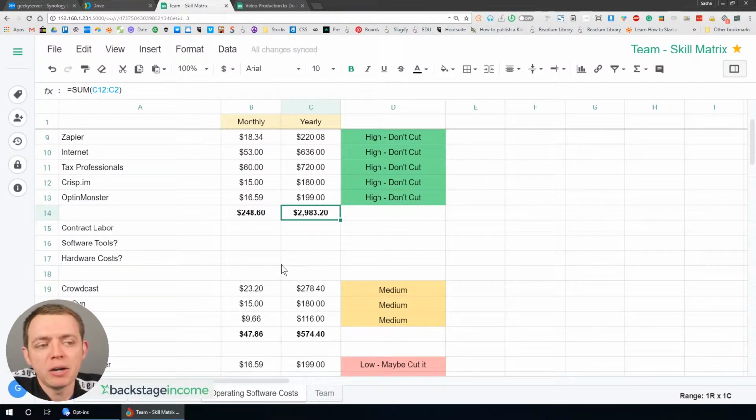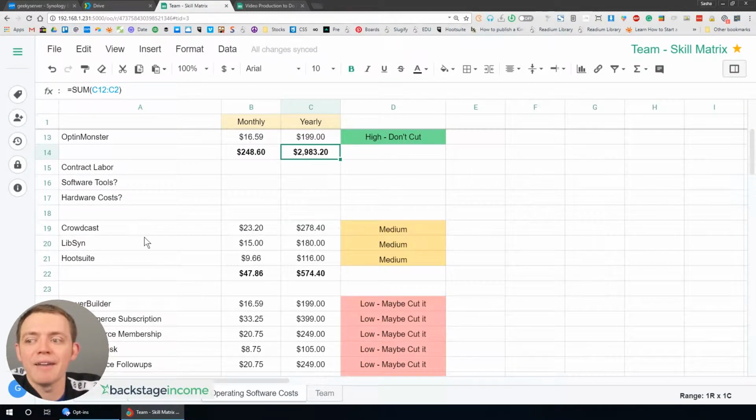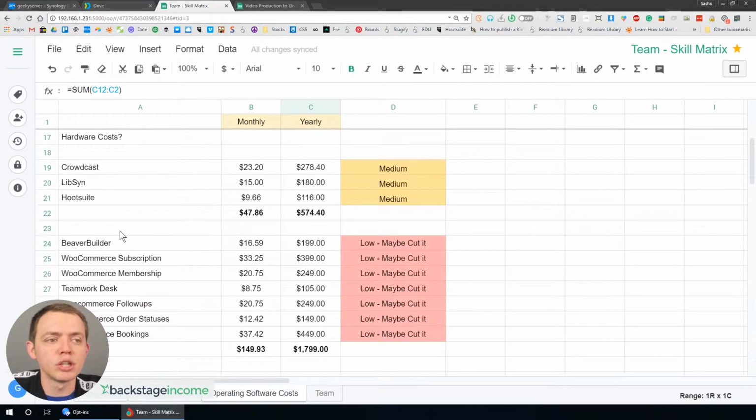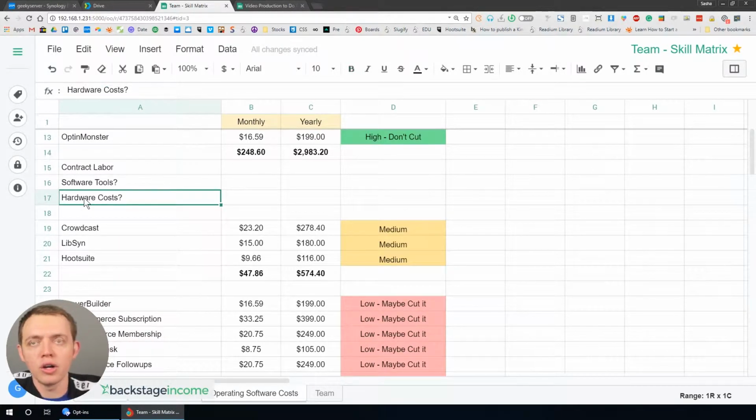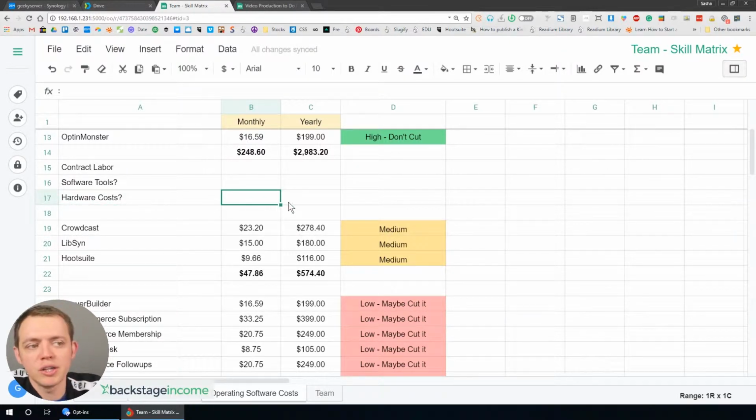Now, if you start getting contract labor, meaning other people do the work for you, let's say they build the website, or you need some additional software tools, like photo editing or video editing, you need to get those, and that starts adding in more money. If you don't have the camera tools, equipment tools, the hardware costs associated, you have to add more money. How much? Well, it depends on the tools. Let's say hardware costs, you might need $1,000 initially to get yourself going.